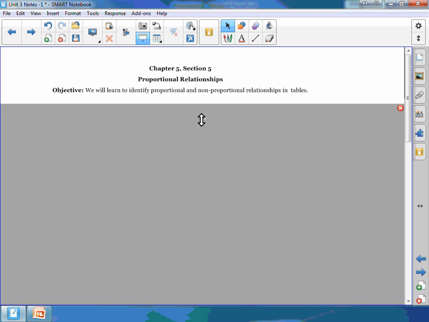I know you've heard the word proportion or proportional. So my first question to you is, can anyone describe what it means to be proportional? I'm going to take one thing off the table right away because I get this every year. They mistake the word proportional with portion. Someone will say, when you're eating dinner, you're only supposed to have this many portions of this or that. No, completely different. We're not thinking along those lines. It's proportional.